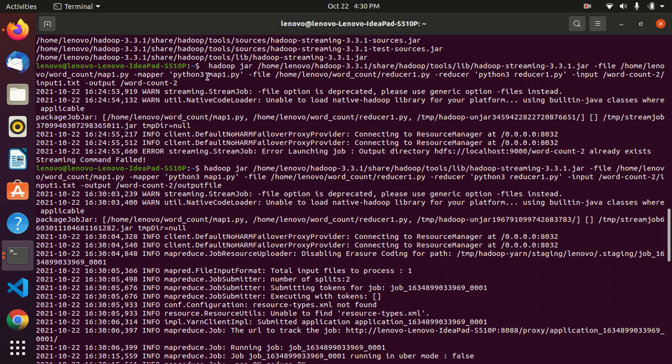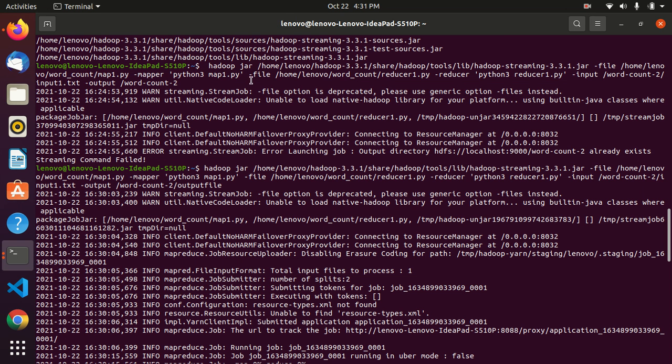So here in the Hadoop and the jar file and the location we give, and next here -file and the path location of the mapper locally we gave, and we are giving the keyword as -mapper, where it maps to our location, like map1.py. Here we need to give the file name which is stored in our local system. So if it is map1.py, we should give that, and it is Python, so we have to give Python 3 because our version is Python 3, in inverted commas.